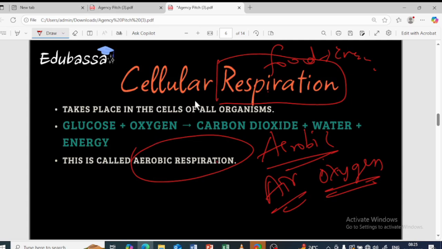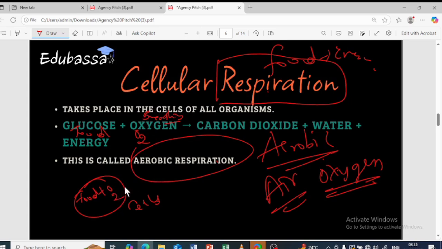and cellular respiration. Okay, fine. So what happens? Glucose is nothing but the food, right? And oxygen, we are inhaling the oxygen by the breathing process. This takes place in human beings mainly. By the inhaling process we take in the oxygen, and by using that, the food will be broken down where? In the cells of the body. The food is there with the oxygen that we took in by the breathing process.